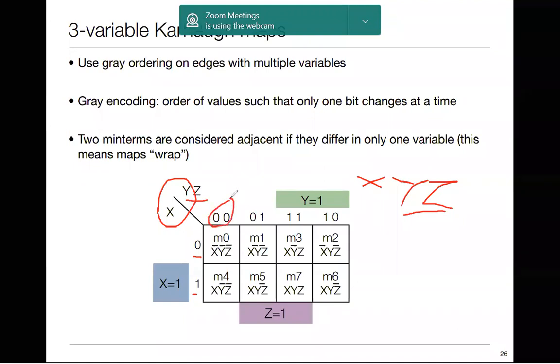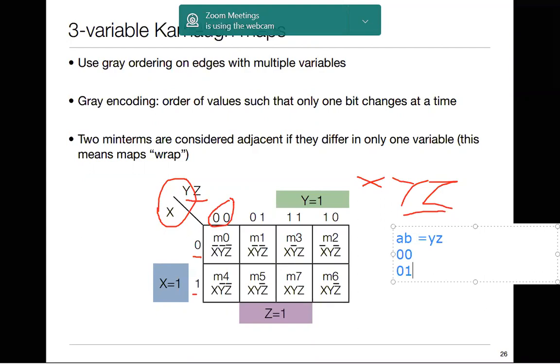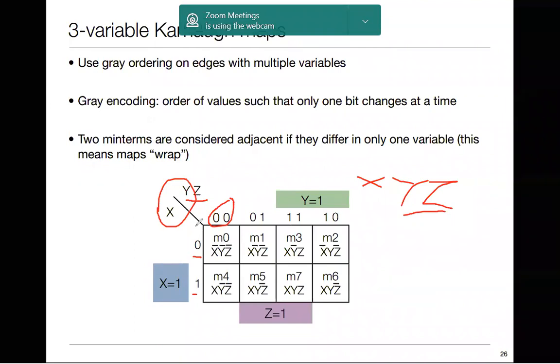For a 2-bit data, what will be the truth table combination? For a 2-bit data, say AB, which is nothing but XY in our explanation, YZ according to our variables now. In a two variable truth table, the combinations are 0, 0, 0, 1, 1, 0 and 1, 1, the four different combinations, right? If it was a single variable, it was very easy for us to write. We would have written it as 0 and 1.